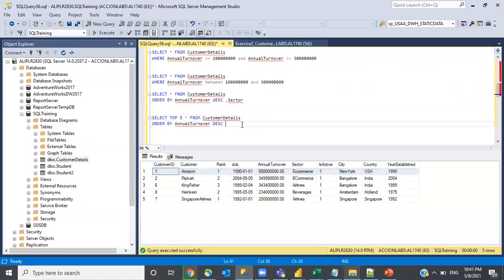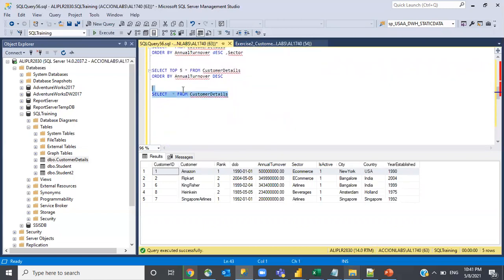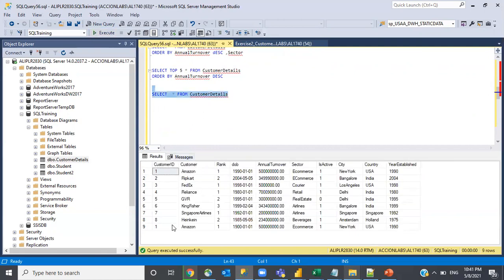So let's go back here. I'm selecting select star from customer details. So now I see the duplicate records as well, right?